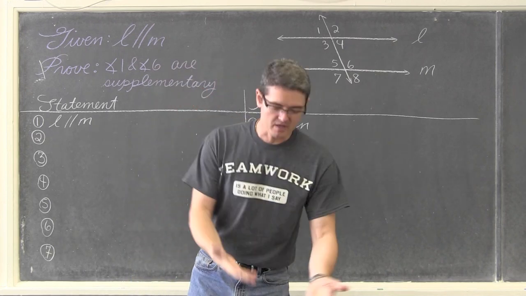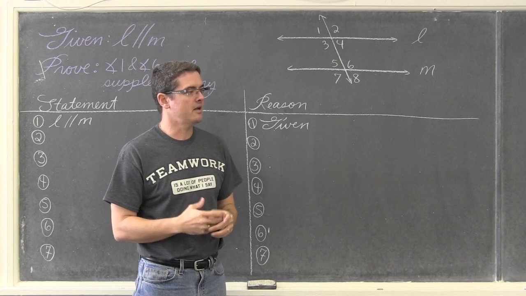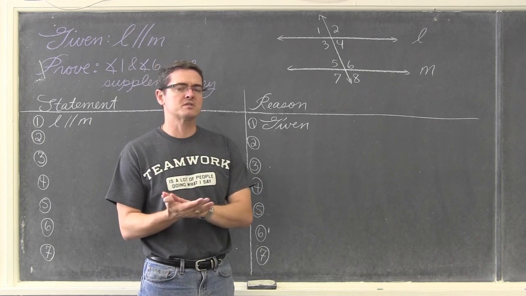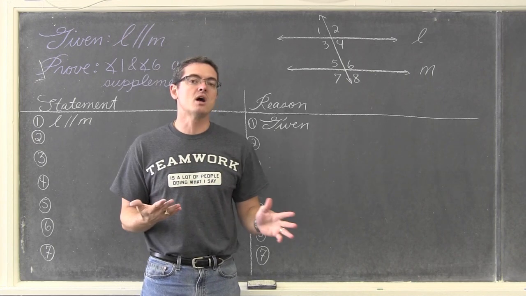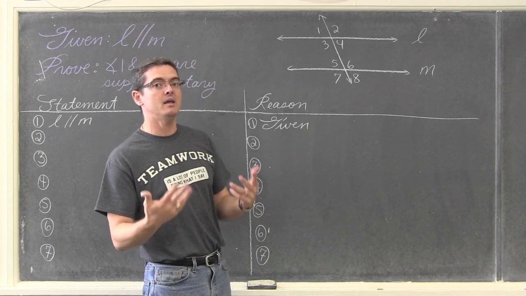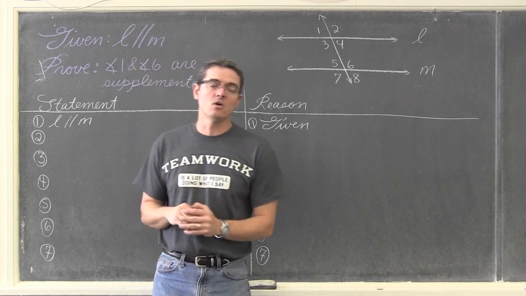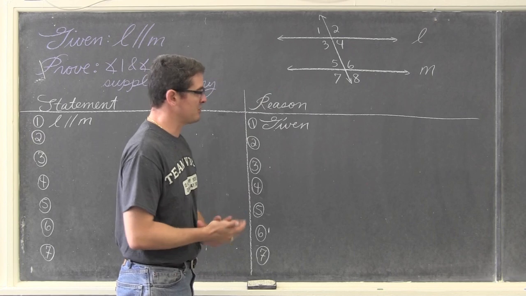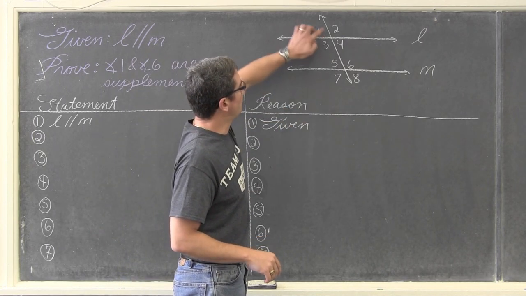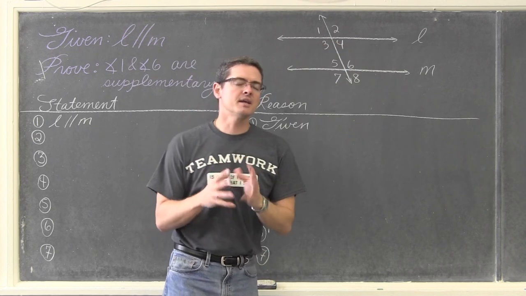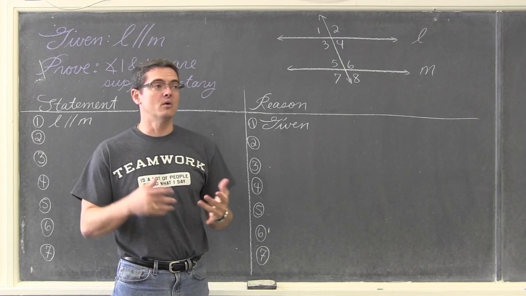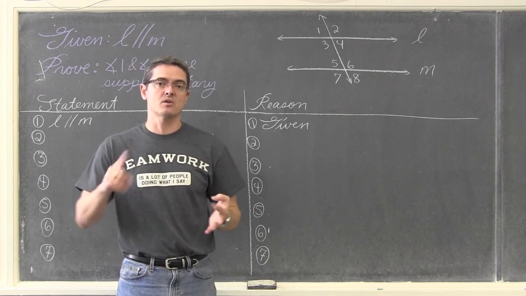And of course, I've got a proof set up to work with you and help explain it to you. You could certainly come up with another proof and still have a perfectly nice sequence of logic and have a correct answer. So I'm going to give you a version of a proof. It's certainly not going to be the only one you could come up with. This one's very, very flexible in how many ways you could work it out. So I want to somehow link 1 to 6, and I need to link it through angles that we do know: corresponding, or alternate interior, or alternate exterior, or so on.